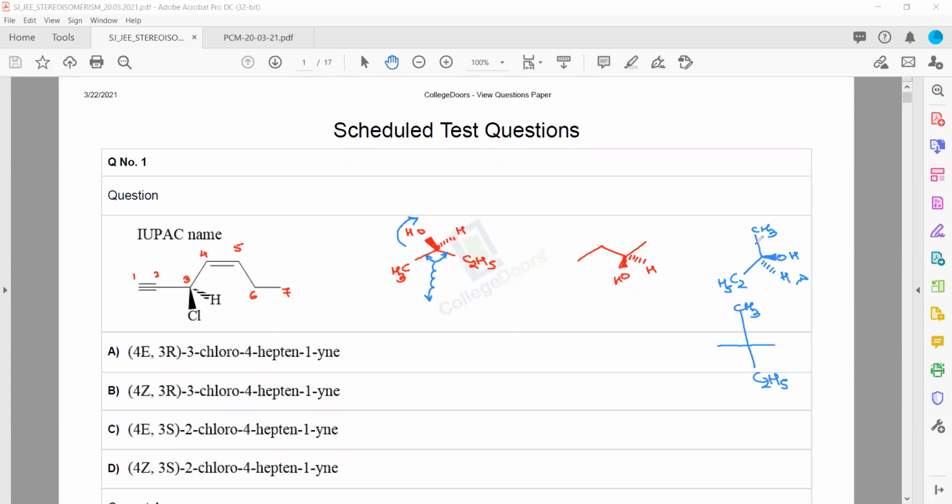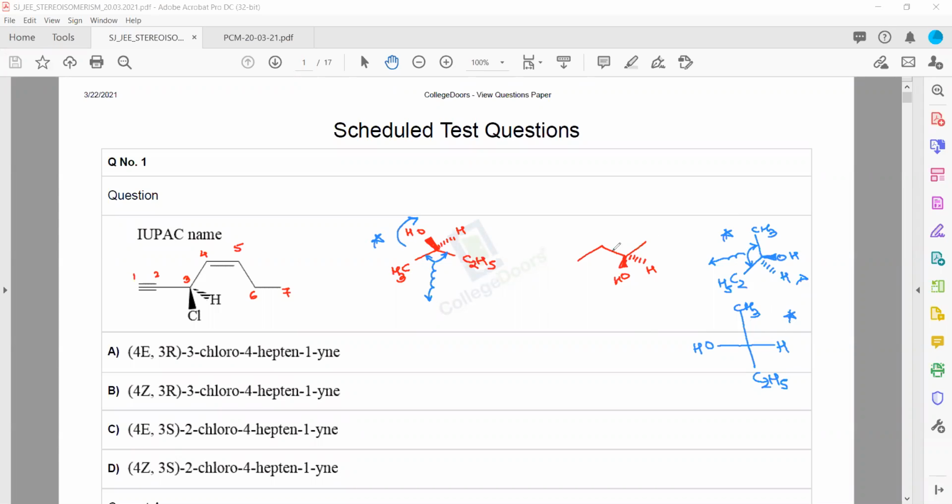Another simple trick I will tell you. If you look at the angle between the two bonds in the same plane, on the basis of that angle, if the angle is on the left, the solid wedge is always on the left, because the observer is on this side. If the angle is going on the left hand side, then the solid wedge is on the left and H is on the right. This is the converted Fischer projection of this structure. That means this structure and this structure are all identical.